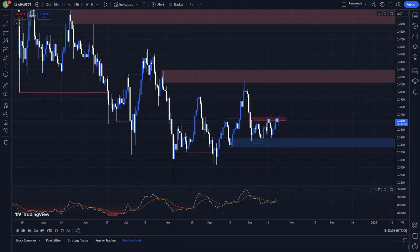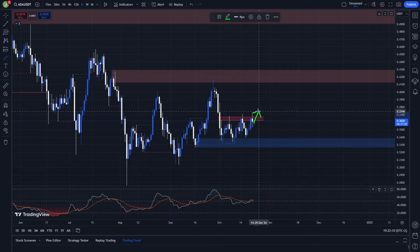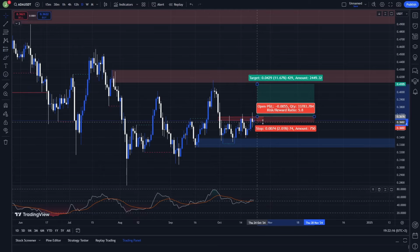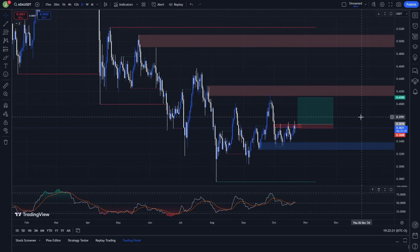Let's now take a look on a higher time frame. If I switch to a daily chart, you can still see this resistance area that I showed you. So the breakout itself and then a support confirmation, in this case on a daily time frame, can be another really interesting long opportunity. The only difference with the setup that I showed you on that lower time frame is